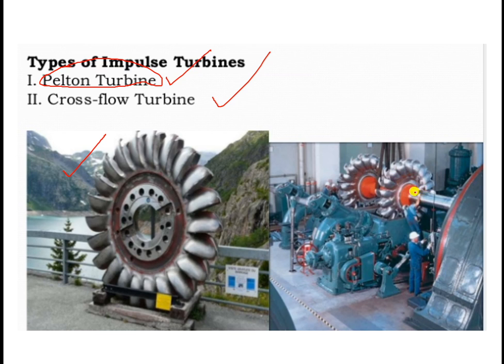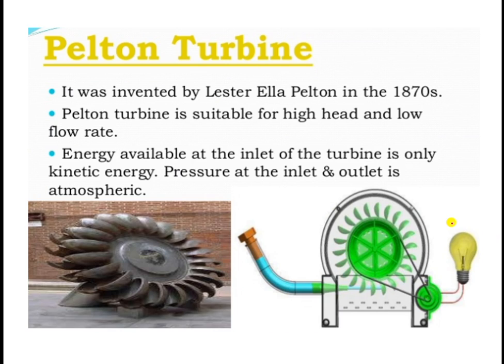This is the rotor. This is the rotor shaft. This is the rotor on which the buckets are mounted, and which is coupled to this generator available here. This is the generator on this side, and these are the two Pelton wheels on which the water is impinged on the buckets, so that its kinetic energy will be utilized to run the buckets, then in turn to run this rotor as well as this shaft system to which the generator is coupled, and we will get electricity. The same figure is available here.